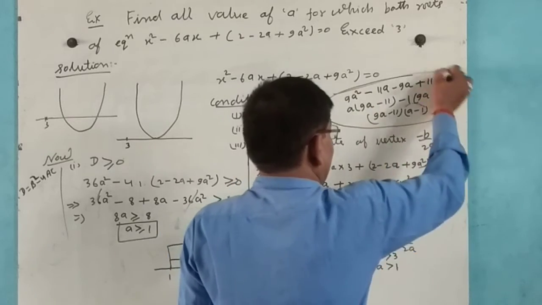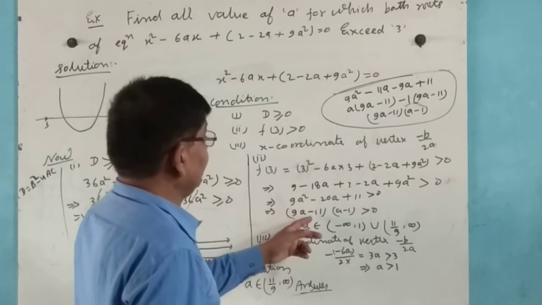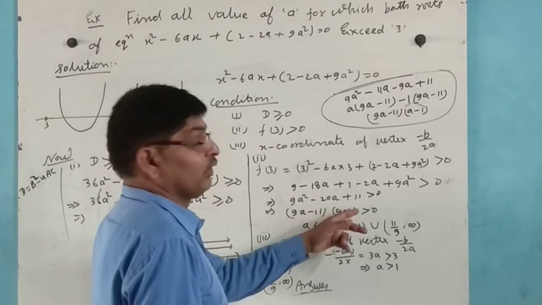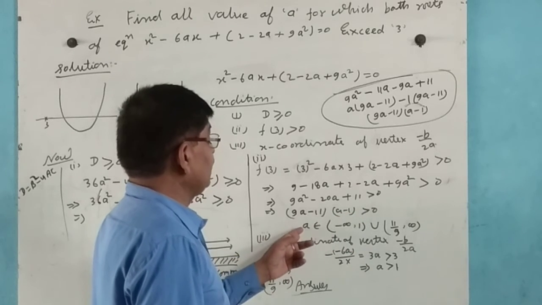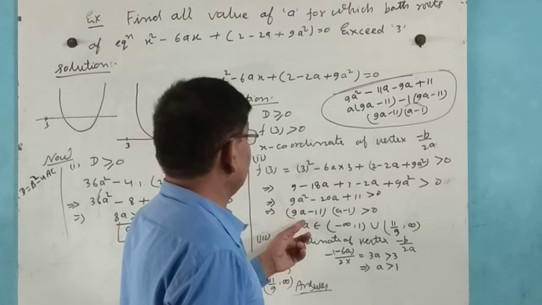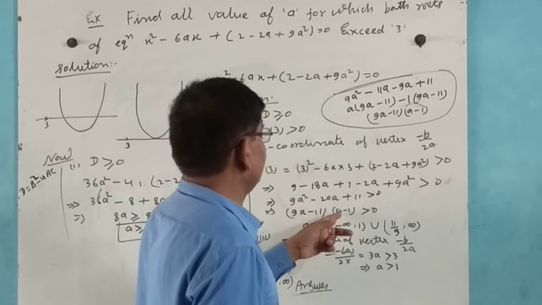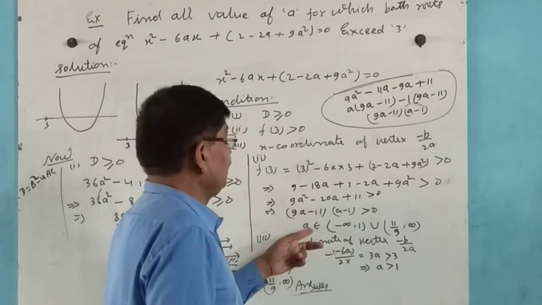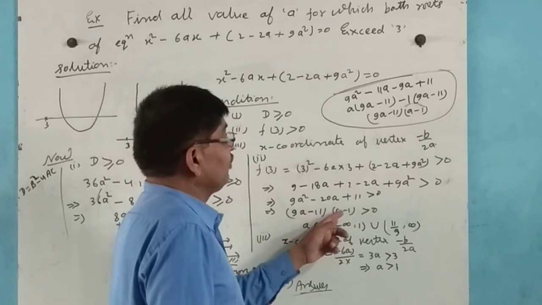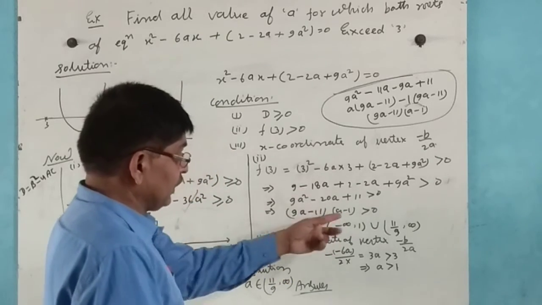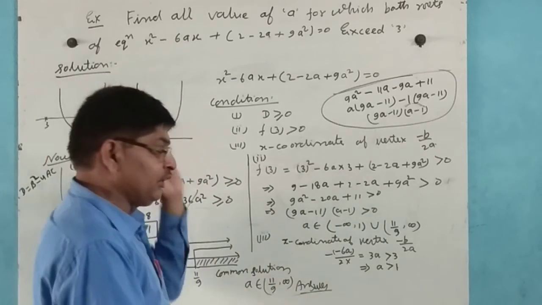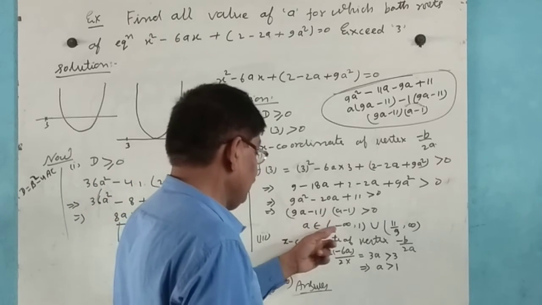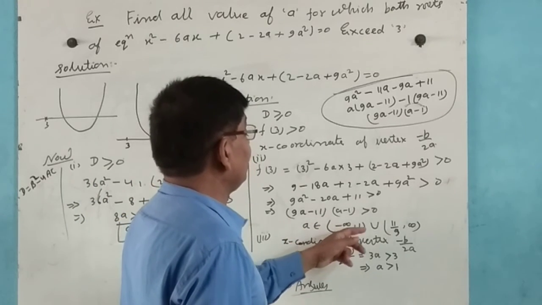If you factorize this, we get 9a minus 11 and a minus 1 greater than 0, so that a belongs here. If we put this on the real line, a equal to 1, that becomes greater than, if I take the positive regions, minus infinity to 1 union